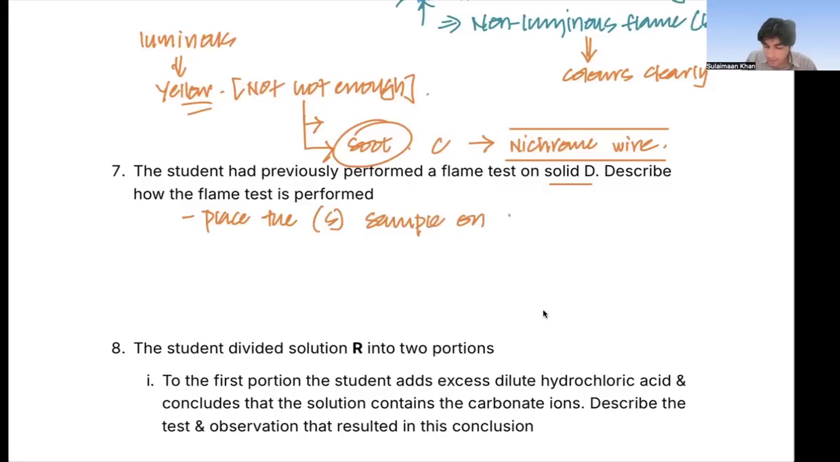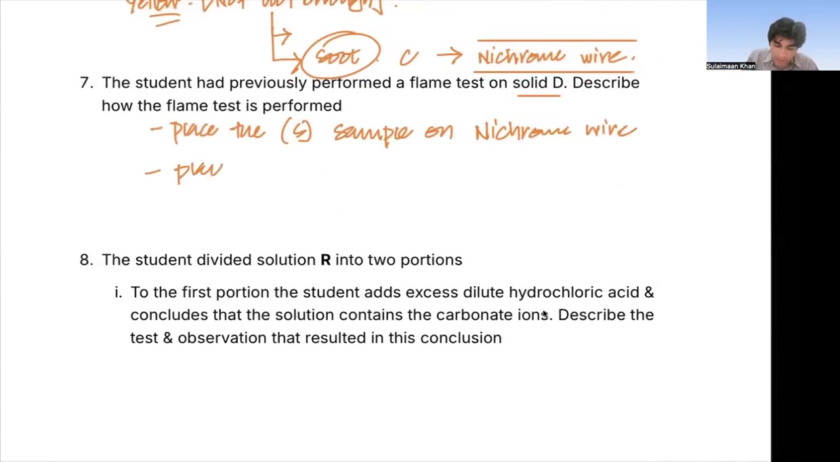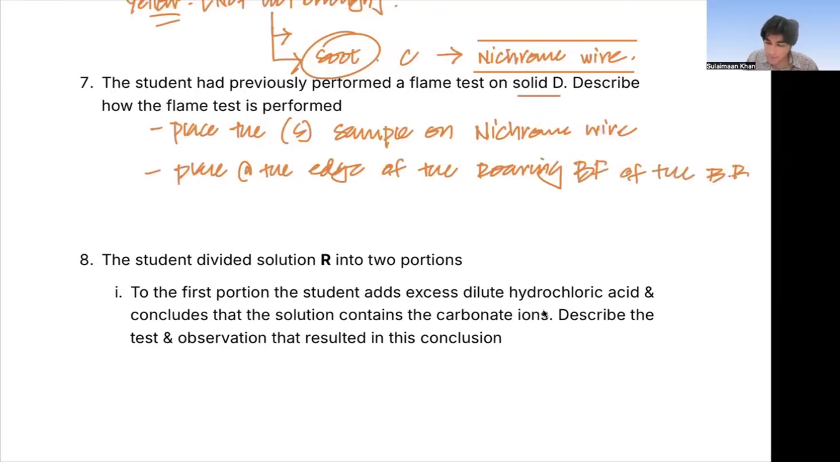the solid sample on nichrome wire, and then do the same thing. Place it at the edge of the burning, place at the edge of the roaring blue flame of the Bunsen burner. You could even say the non-luminous blue flame, roaring blue flame of the Bunsen burner, and observe the flame